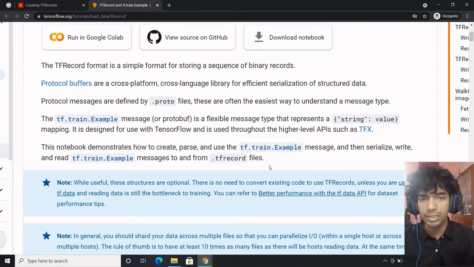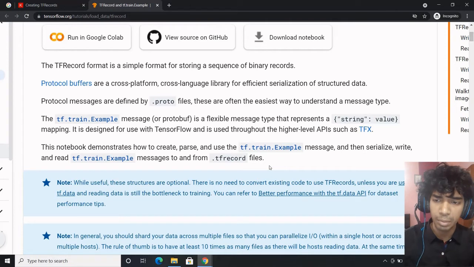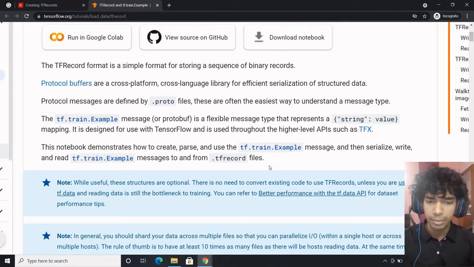And if you want faster computation, especially for GPUs or TPUs, if you want to use TPUs, then you need to use TF records. That's the best way. But you can also use GPUs and obtain a 70% performance hike using TF records. So that's one of the most beautiful and amazing parts of TF records, and that's quite beneficial.